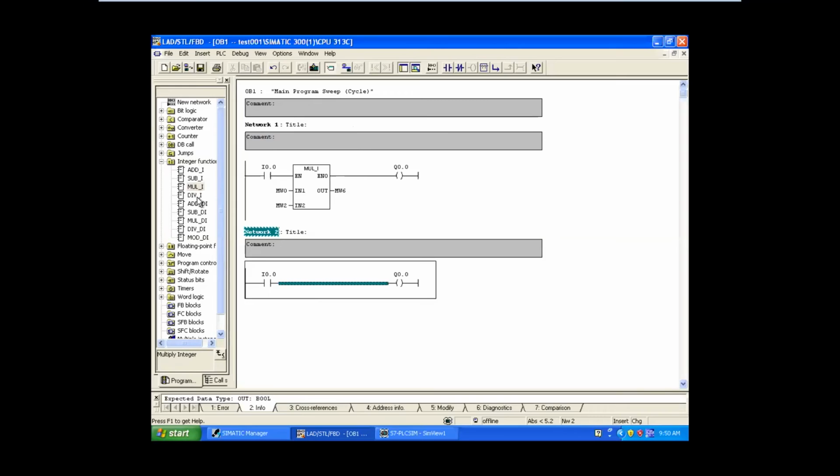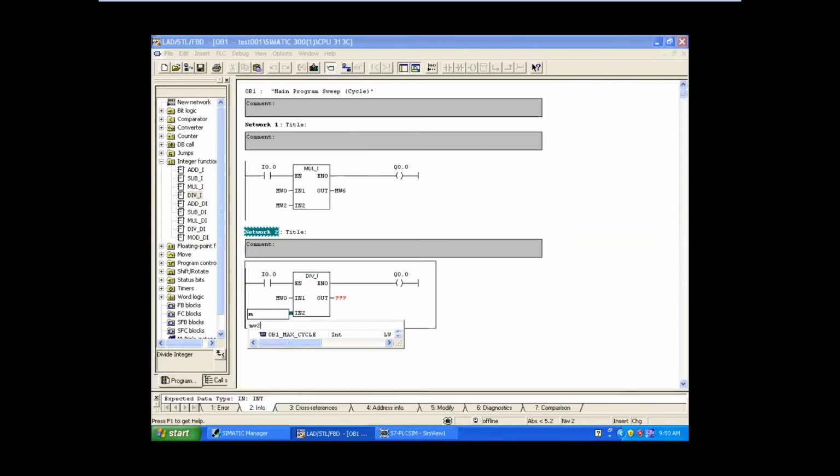I'll give the same thing, MW0, MW2, and this is MW. The output should be different, no? You can give the same input to both the blocks, that's fine. But here I have given MW6, so I should give a different address here. This output is already used, so I need to give a different output here.